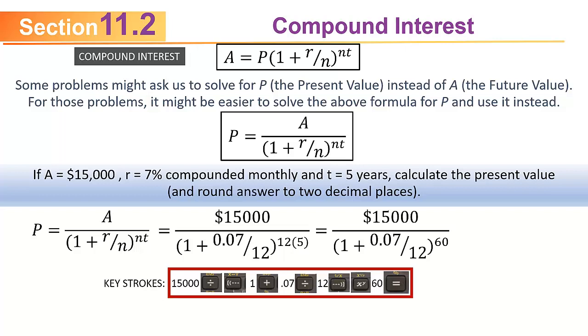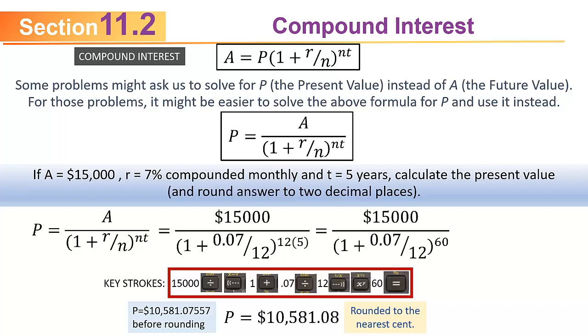That 60 is in the exponent position, so you press the power button, the X to the Y, then type in 60, and if you press equal, it will do the entire calculation. Before rounding, you get a present value of $10,581.07557,